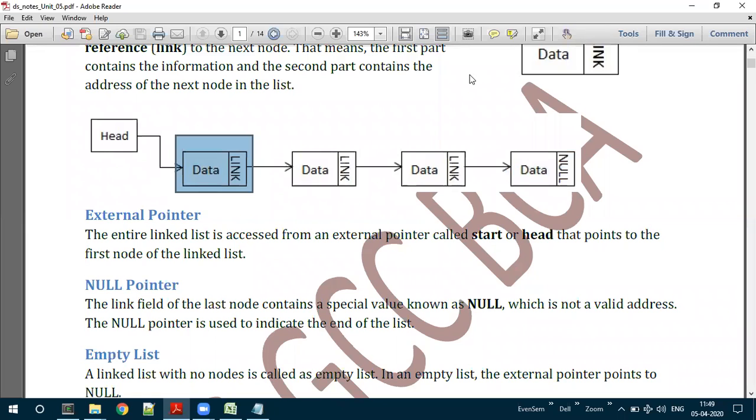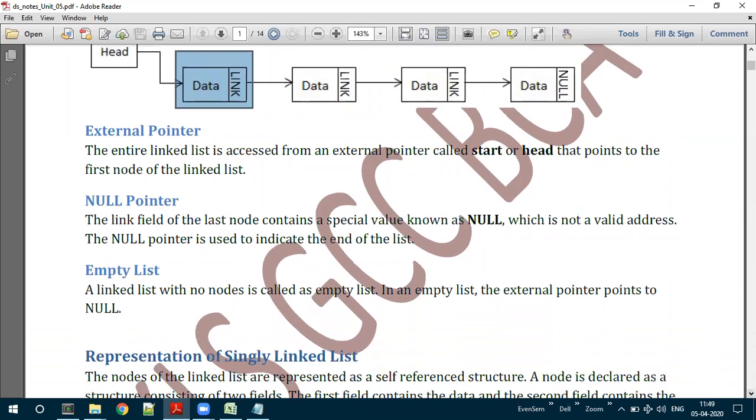Does anyone remember the pointer concept we have studied? Malloc, calloc, and realloc are used for creation of the memory. So what function is used to delete the memory? Free. Making use of the free function, we can delete the memory. The node can be deleted from the beginning, or at the end, or anywhere in the specified location.